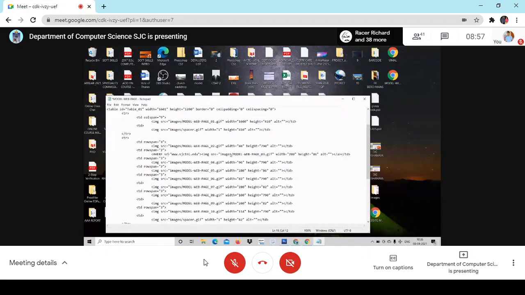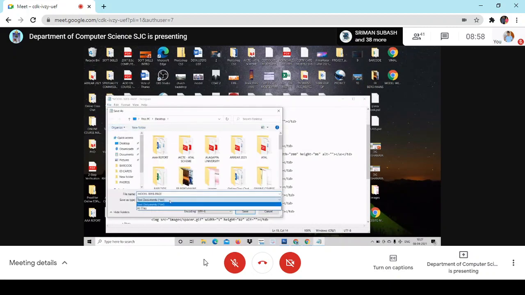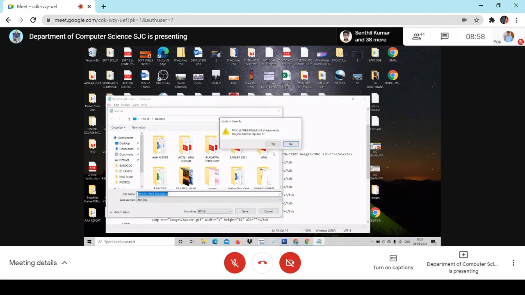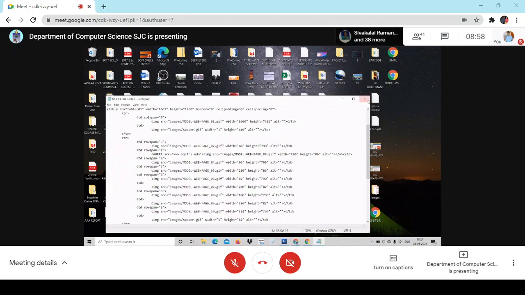You have to give SRC. SRC is equal to www.sjctni.edu. I've given and I've closed A tag. Right. So I'm just going to save this. How do I save it? Save as, and save it as .html. It should be saved as it is. Save. Okay, I've saved it.